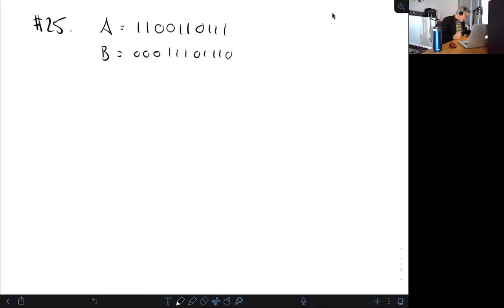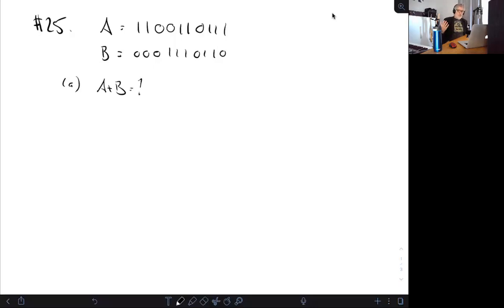It seems I don't have the same number of bits here. I think I have one too many here. Yeah, that's better. And we're asked to compute, for instance, A plus B,